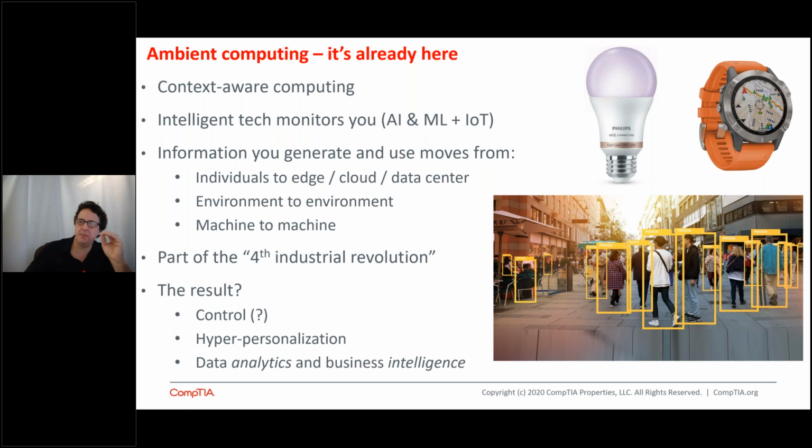I want to mention ambient computing because it means that as we generate data, that data goes somewhere. It goes to data lakes or data centers. It goes to certain places, to 4G networks, 5G networks now. It moves from environment to environment and machine to machine. And this information really helps power what people are calling the fourth industrial revolution. Ambient computing means that the data that we generate gets processed and automated, and it gets AI applied to it. This is not in the future, it's happening right now.